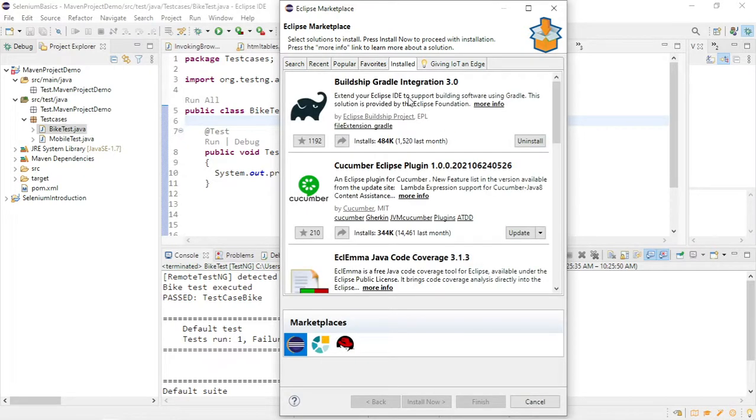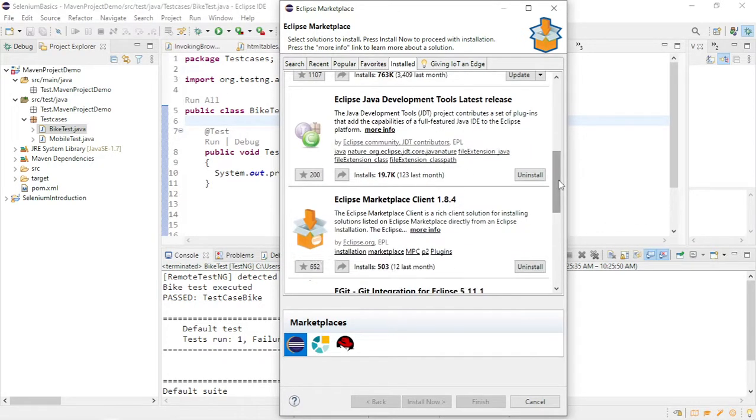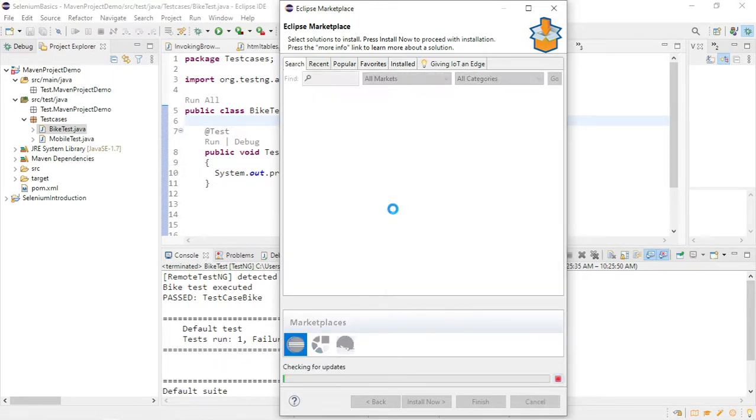Here I have so many plugins. We need to download the TestNG one. Is it there? So what you need to do is download this plugin, TestNG for Eclipse. For the first time, go to search and search this name, TestNG for Eclipse. After that, you need to click on install.